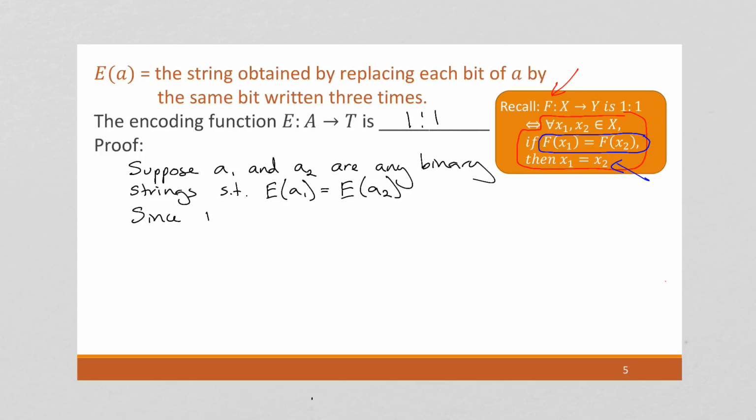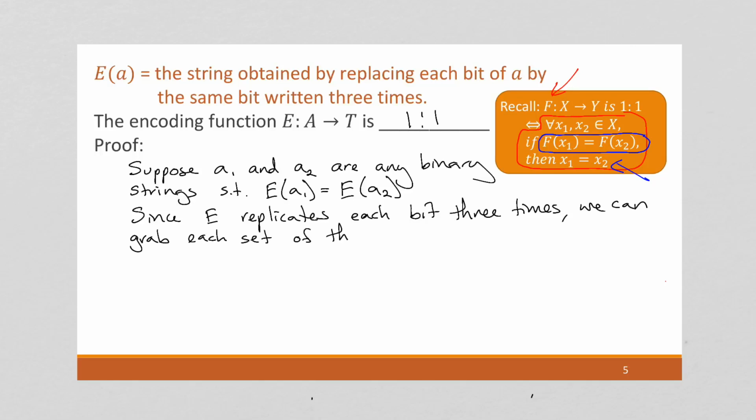So, since E replicates each bit, you're going to notice that this is no longer numerical. In the previous examples, we did sort of algebra problems, but now we're using something more complex. We're using a function that's defined by a rule, and so now to do my proof, I need to talk about that rule. Since E replicates each bit 3 times, we can grab each set of 3 identical bits and replace it with a single bit of the same type